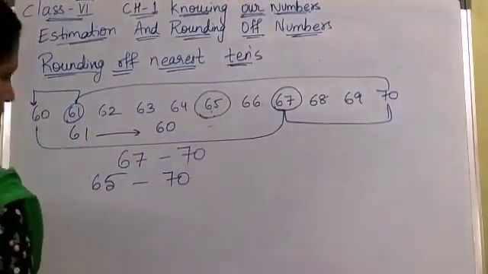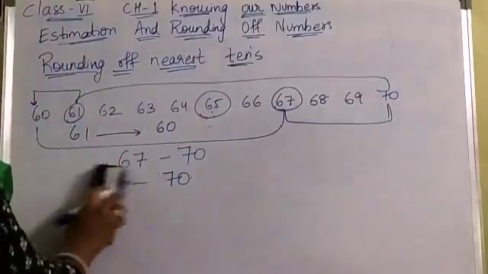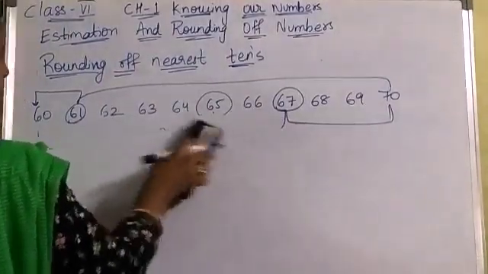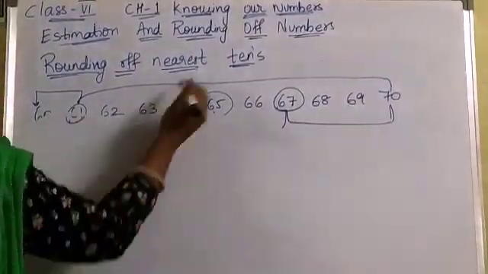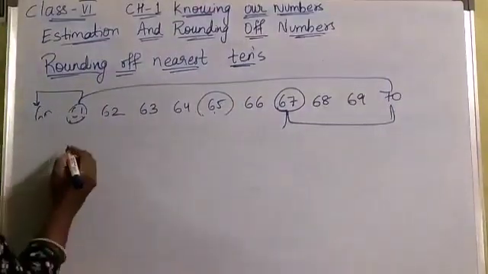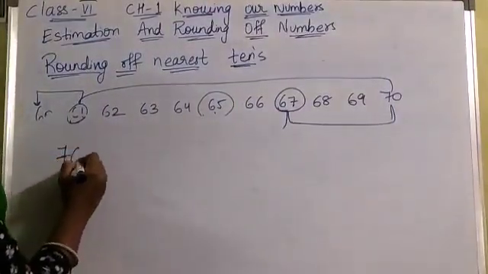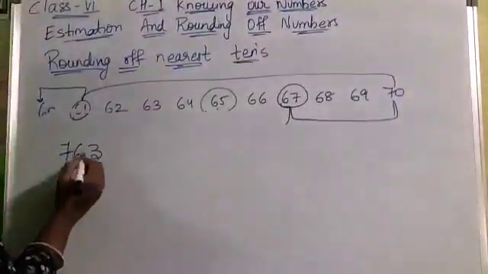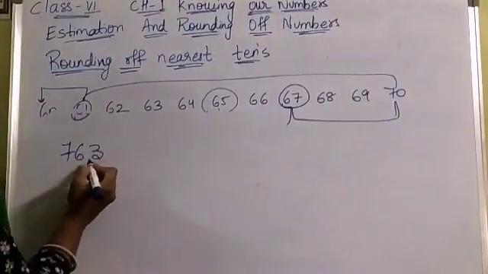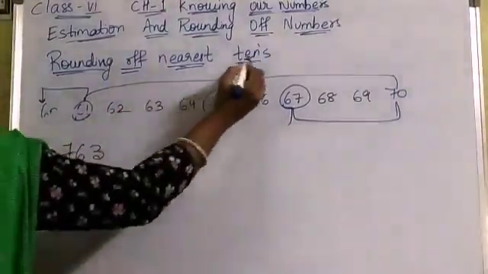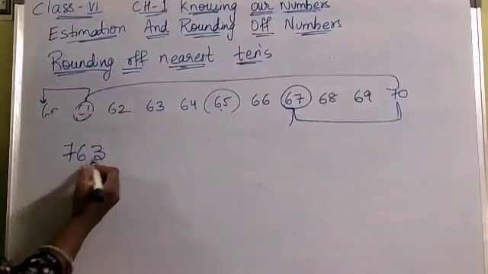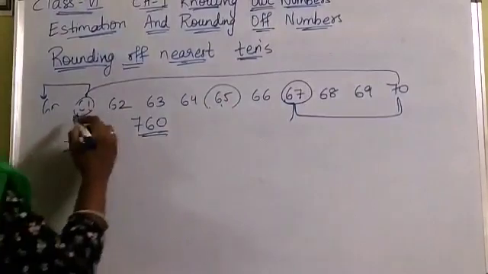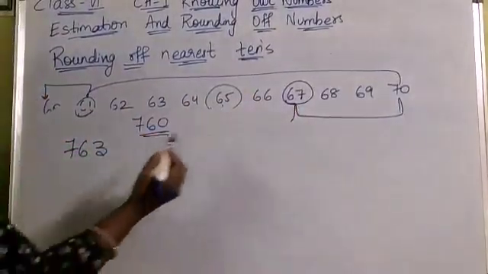So here I am going to explain a small easy technique on how to round off numbers. Here rounding of nearest tens. For example, if I take 763. Here I am doing nearest to tens. 763 is near to which number when you round nearest to tens? You can easily say it is 760. Is it clear? But writing in this way is somewhat difficult and a little time consuming.